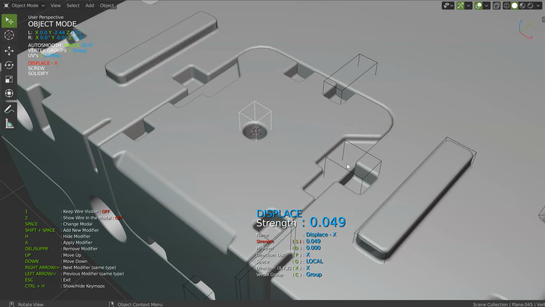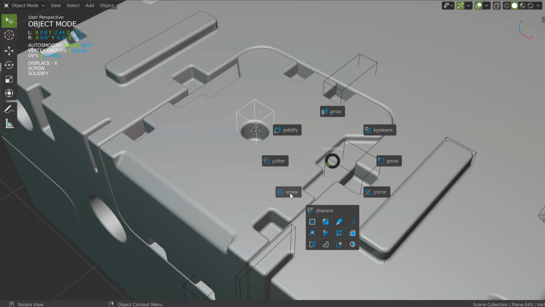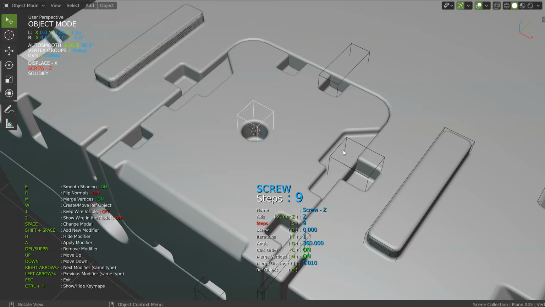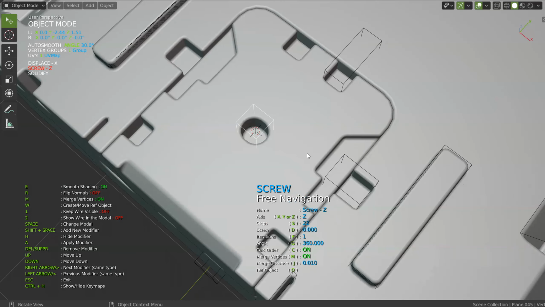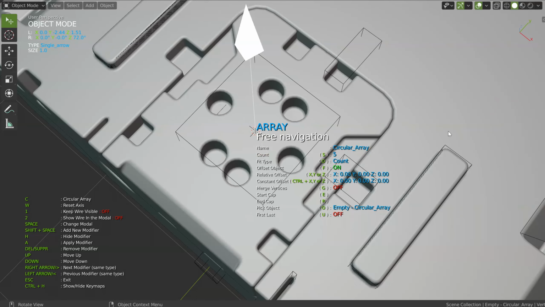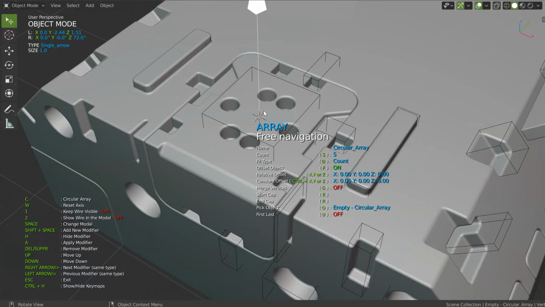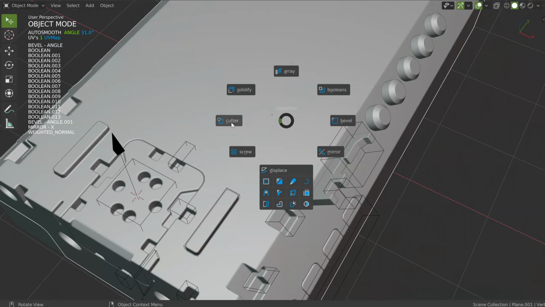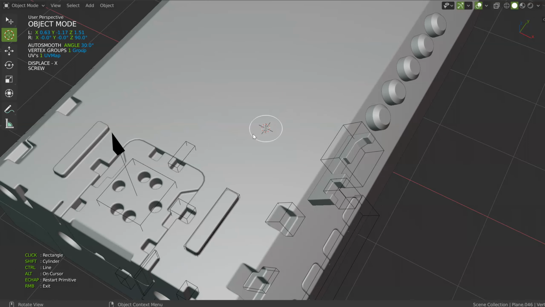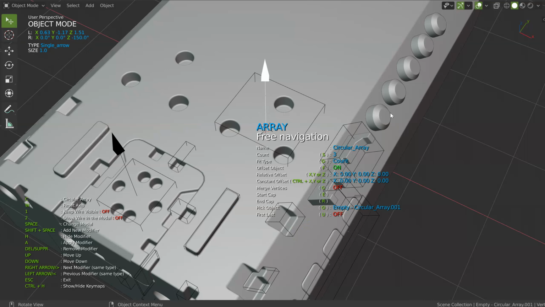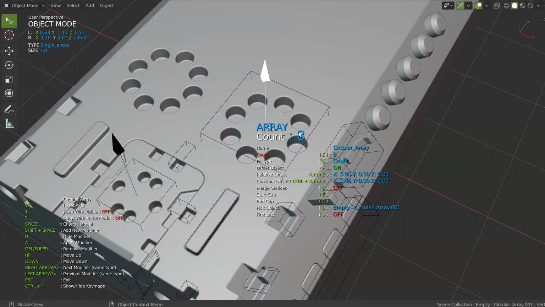Let's play with the displace. Let's play with the screw. Ooh, it's really weird. Or I will keep it like that. And let's add an array and a circular array, just like that. And just like that, yes, this result is why it wasn't working. I will exit, I will restart it. Here. So Kit, Shift, do this, add an array, a circular array, and do this, and that will work.